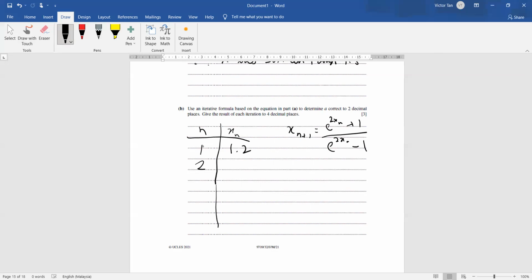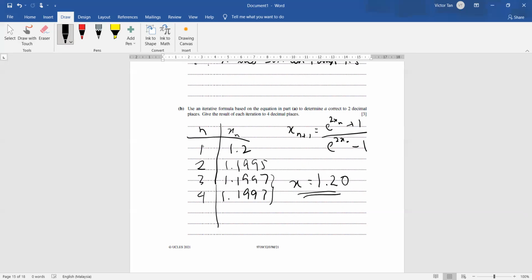Each iteration in 4 decimal places. So this is 1.1995, 1.1995, 1.1997. If your first approximation is near your approximate answer, then you will reach the solution very easily. So as long as this 2 does not change, you can make your approximation. So it is 1.20